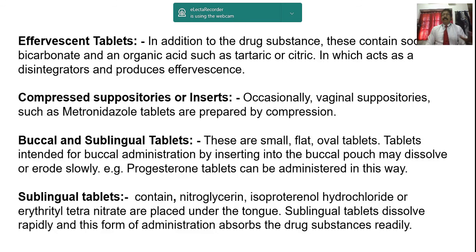And compressed suppositories or inserts are also available. You see, there are many suppositories. Usually suppositories are prepared by means of cocoa butter, or sometimes it is jelly which is prepared by mold. But nowadays we are also preparing tablets for pessaries, which can be used as vaginal tablets. Sometimes in UTI infections, we can use an applicator. Some inserts can also be kept in the rectum and in the vagina. So vaginal suppositories and vaginal tablets are also available. Even metronidazole tablets for UTI problems and other broad spectrum antibiotics are also available in the market in the form of tablets. You can make it as a tablet form.